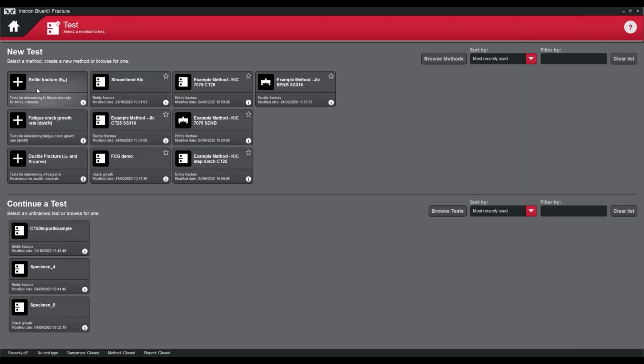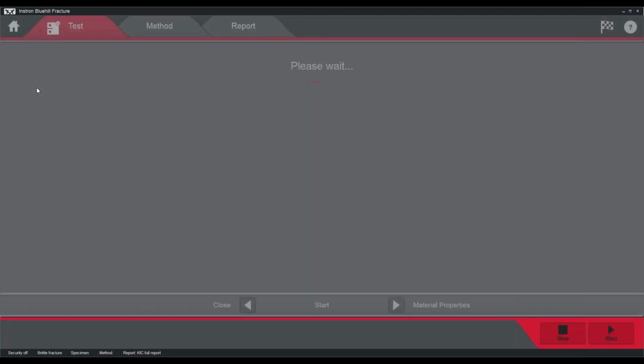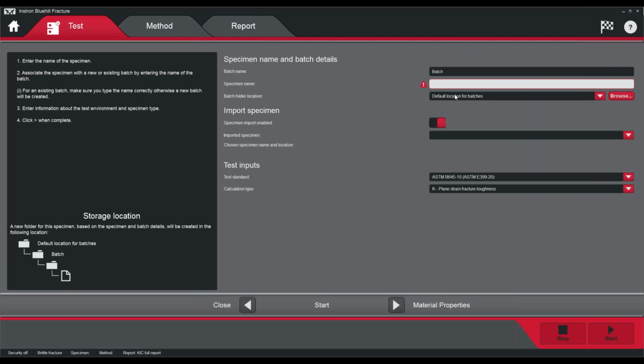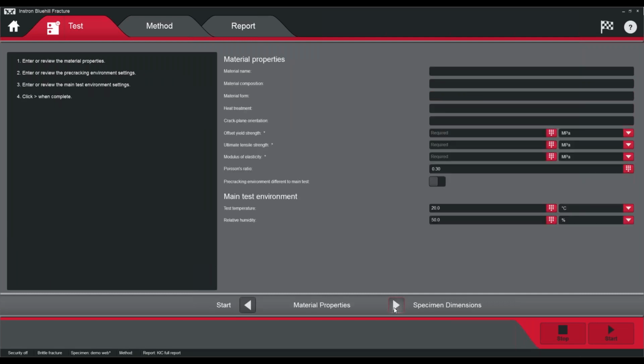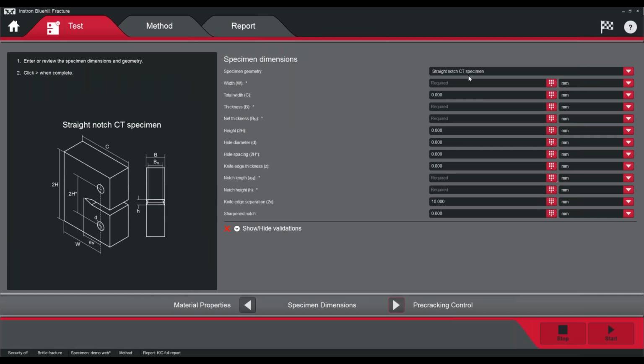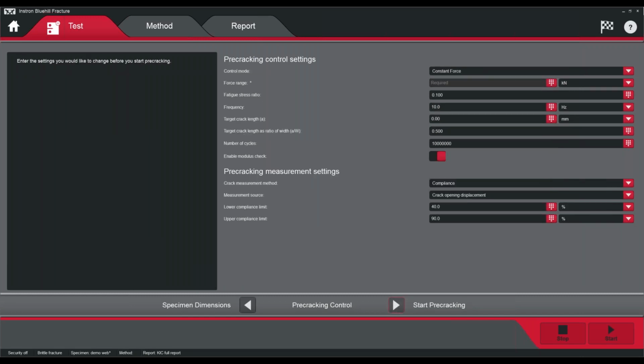If I now, however, pick out a completely empty method, as it were, and say demo web, I need to give this specimen its name. As I now advance, there are lots of extra things, and I can put in lots of different parameters on the specimen geometry. I can define all different aspects of the pre-cracking control. Now,